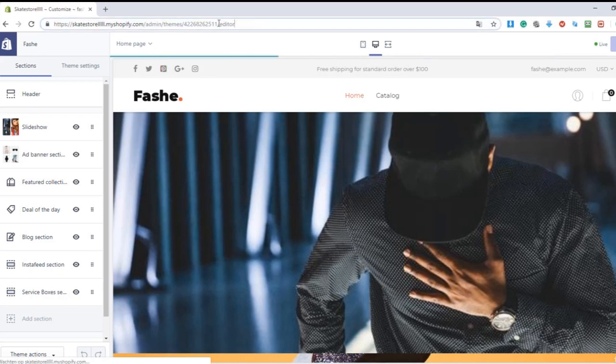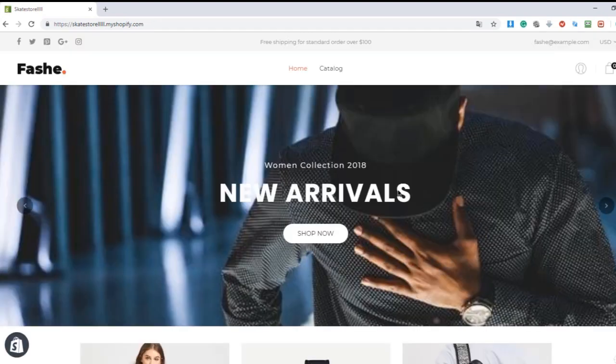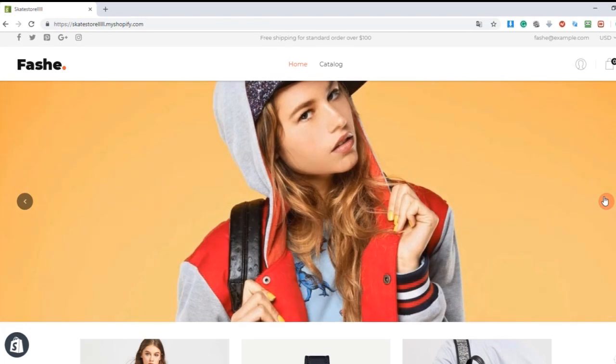Let's remove this. And okay, yep, it's loading. Okay, that's looking amazing. And let's take a look at the second slide. That's looking amazing too. You can also customize it a little bit and use your